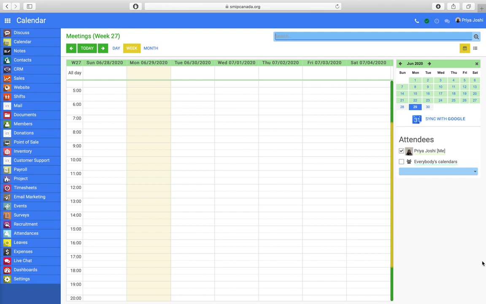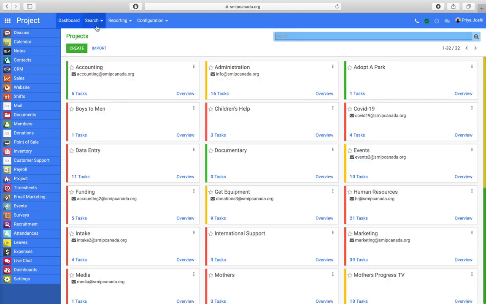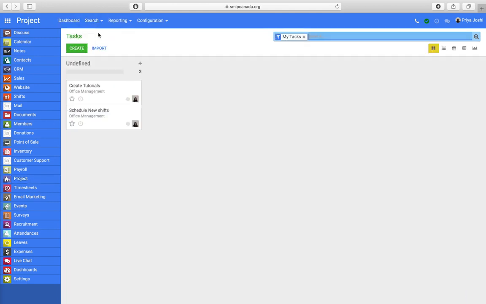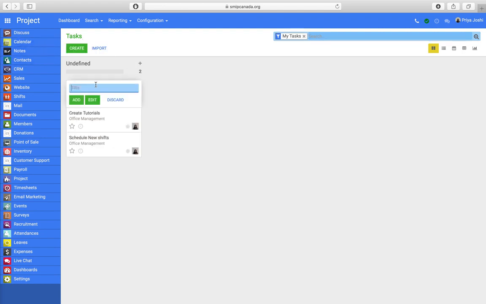This tutorial is on how to use tasks. So first, go to Project from your left bar, click Search, and then press Tasks. To create a task, click Create, add a title,